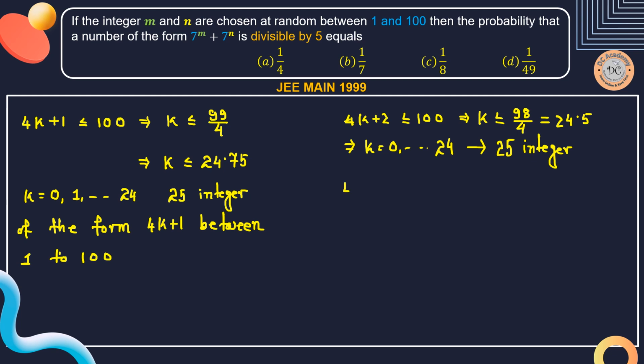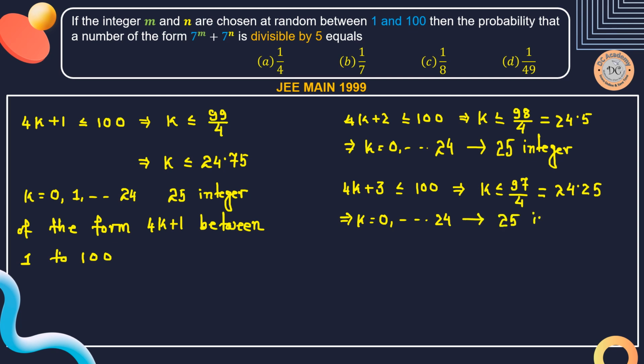If I consider 4k plus 3, that's less than or equal to 100. So that implies that k is less than or equal to 97 divided by 4, which is equal to 24.25. So here also k goes from 0 to 24, and in this case also we get 25 integers